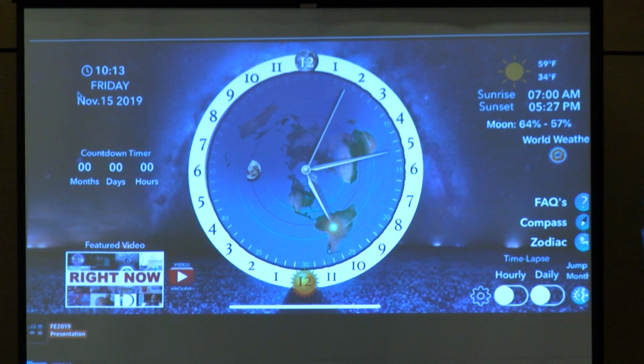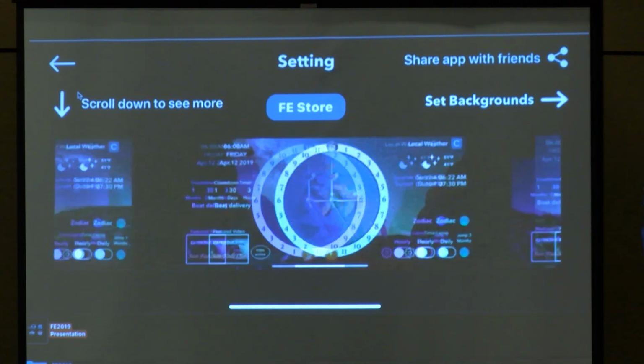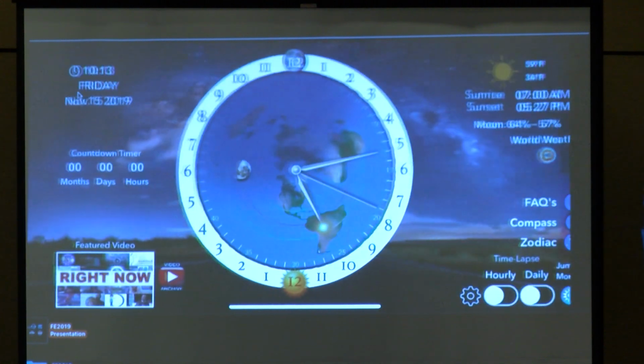All right, so I'm just going to run through a few things on the app. Most of you have it, most of you have seen it. A lot of people don't know, if you go into settings, everyone, you can select your background. You can put in your own background. A lot of people ask,